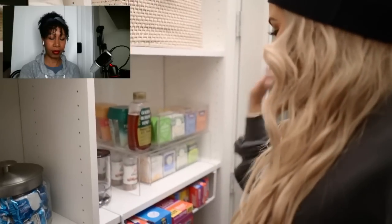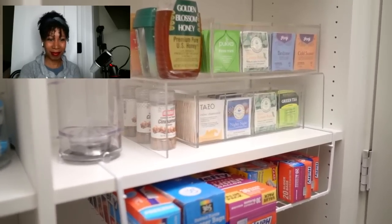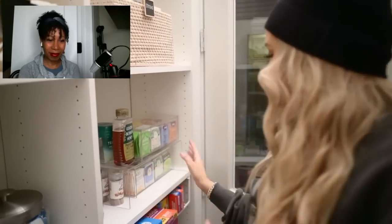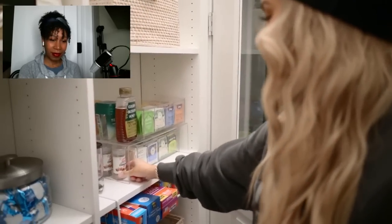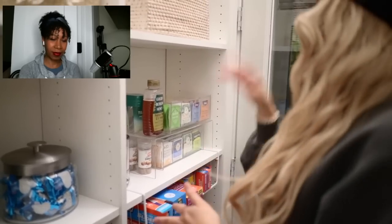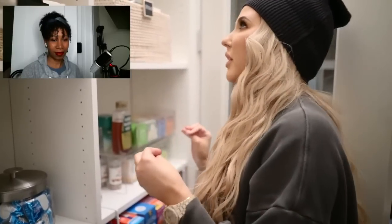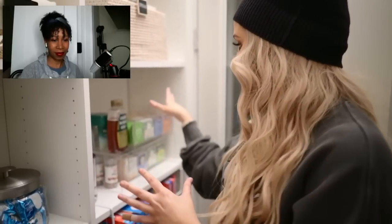So in here, this is the tea section right here. We have all of the tea. This actually was quite a little bit of a challenge for a minute figuring out how to store the tea and all the cinnamon sticks, because I love cinnamon in almost every single tea. I put cinnamon in my peppermint tea, in my lemon balm tea, in my sleepy time tea. And then Jordan makes the most amazing hot toddies you've ever had in your entire life for my family, and cinnamon sticks. So we have all...